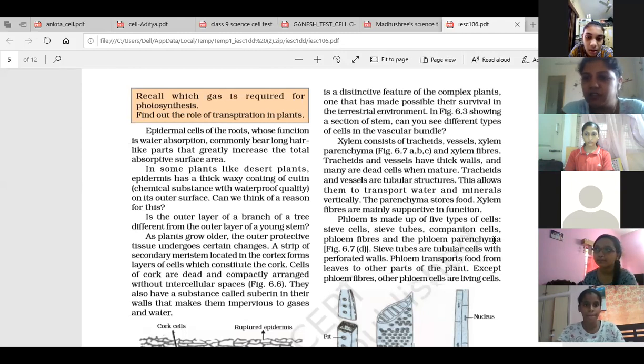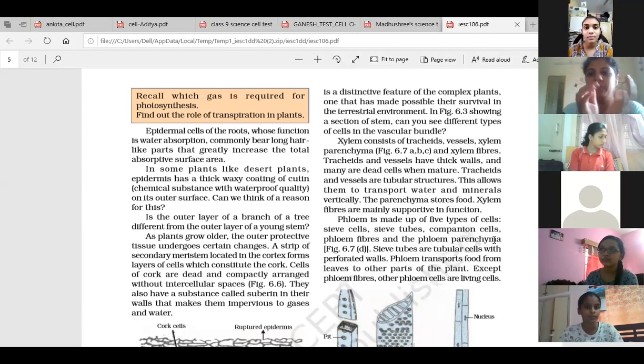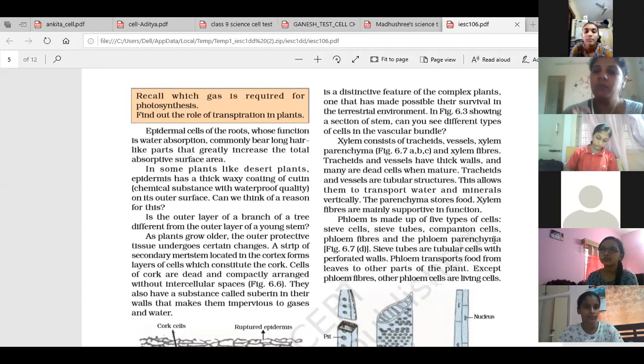Yes, evaporation causes cooling. So remember, these stomata are helpful in exchange of gases as well as losing water. The water is given out with the help of leaves only, because most stomata are found in leaves rather than any other place. The aerial part, the leaves, are exposed to air more as compared to the stem. The stem also has holes, stomata are present, but more stomata are present on the leafy part, and that too on the lower portion of the leaf.